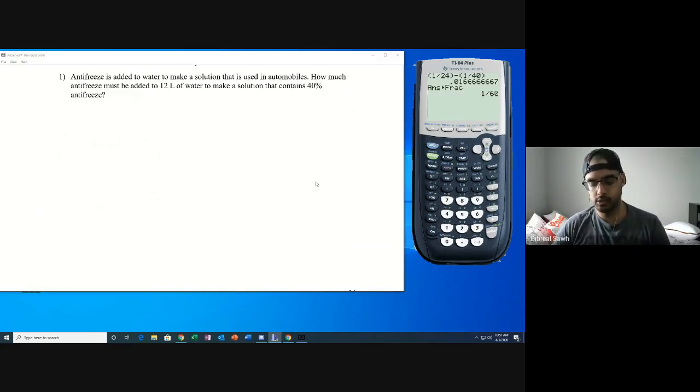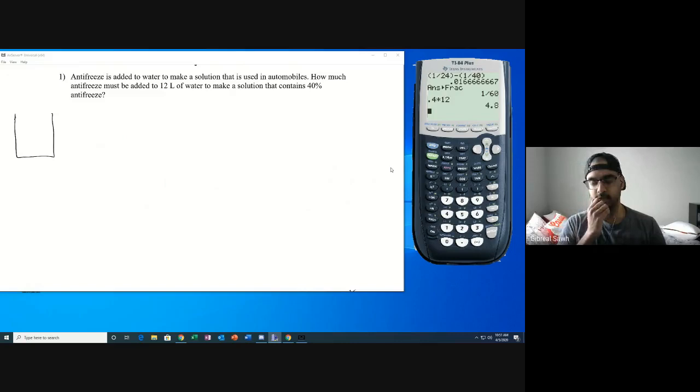Now, if this was a multiple choice question, one of the answers would probably be someone trying to find out what 40% of 12 is. So if I try to do 0.4 times 12, it would tell me that I get 4.8. But I can't actually do that. Okay, imagine that you've got a container